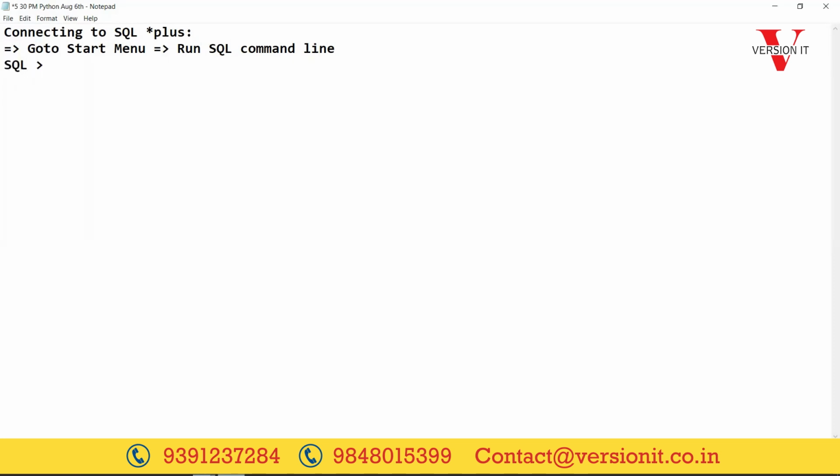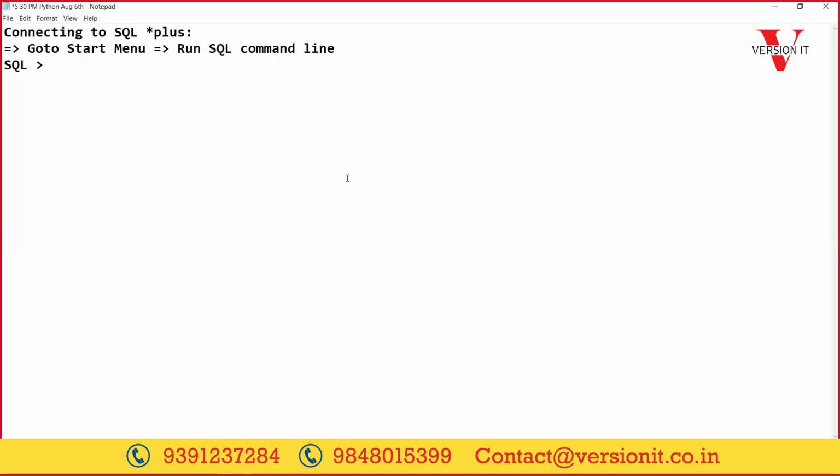This is the prompt where we have to submit our SQL commands or PLSQL programs. Then we will type a command called connect, username followed by password. If you type the command connect, it will ask you to enter the username and